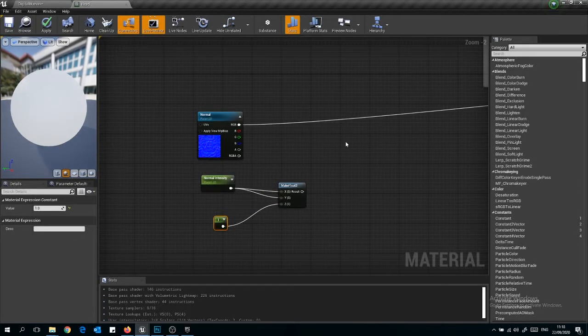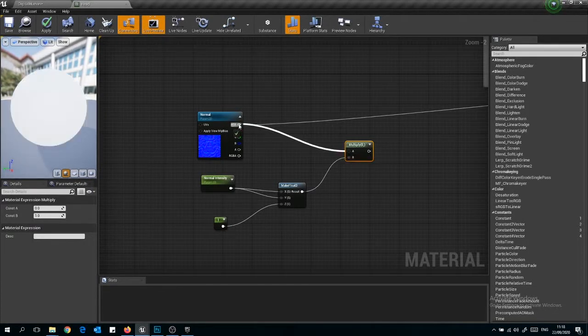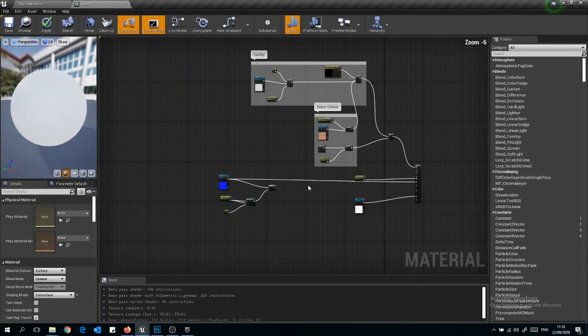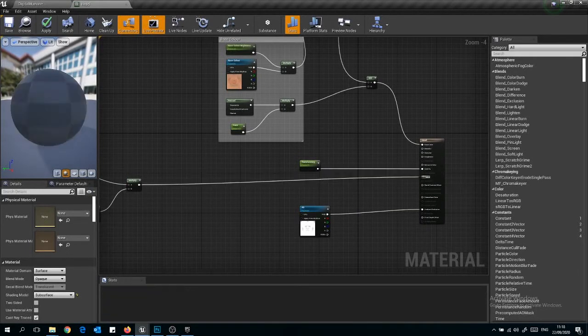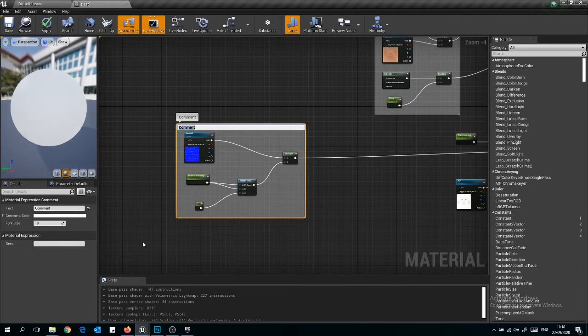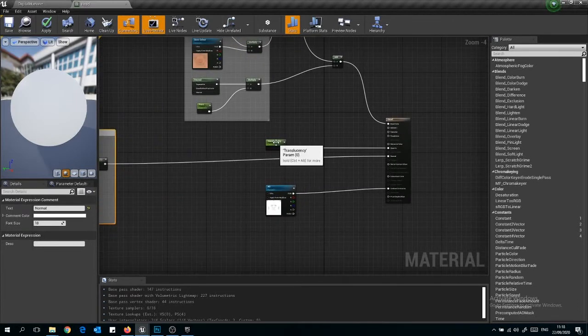Then we need to multiply, so press M and then click, and then control this with A and B, and then we need to connect the intensity with this value. So let's link it here, and I think the normal intensity is ready. So let's say normal, and I think normals is fine so far. All right,